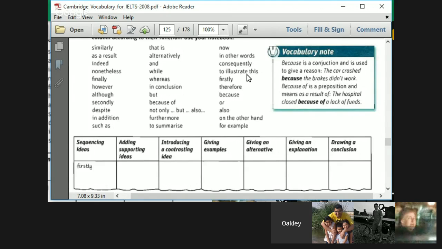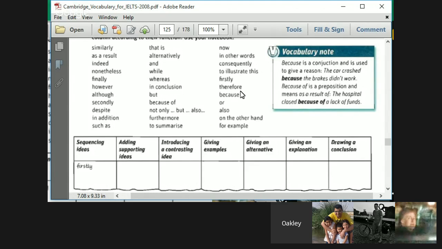Michael, to illustrate this. I think that is to give an explanation. No. And examples? Yeah, an example. Very useful one, by the way, for anybody who's contemplating one of the standardized English tests. This is a high-scoring little phrase that you can use to give an example. Really, really helpful in the speaking tests for TOEFL, as a matter of fact. Firstly, well, it's already there. It's obvious. Nasser, therefore,